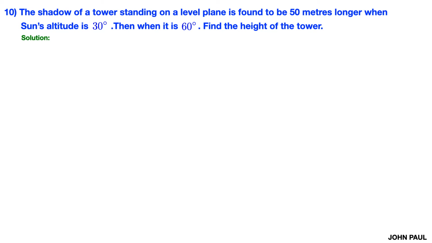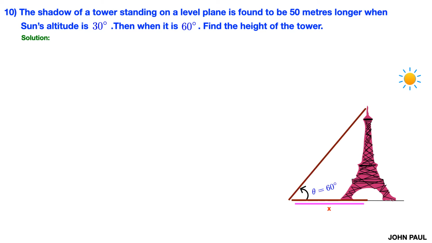First we will understand the question. A tower is given, a shadow falls. At a particular point, the angle of elevation is 60°. From this point, again we move further by 50 meters and then we see the top of the tower. The angle of elevation is 30° as given in the question. Now we want to find the height of the tower.